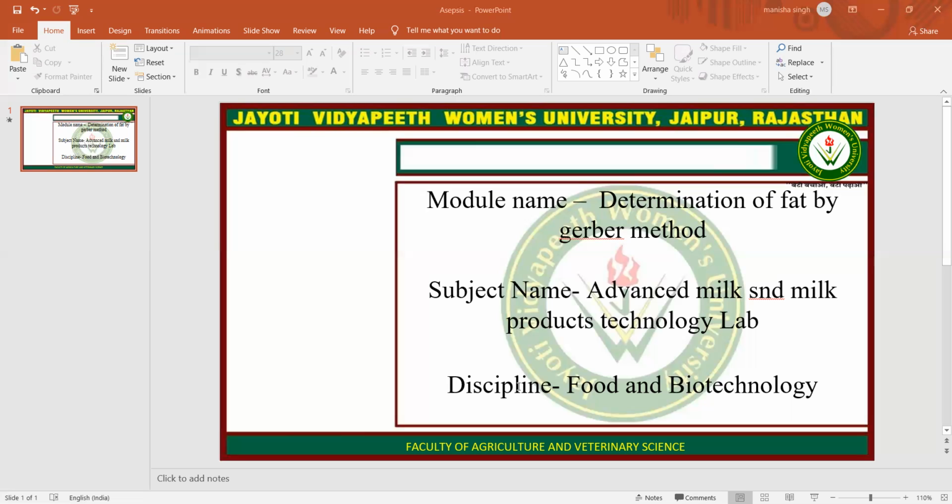Fat testing is often carried out on composite or random samples in order to reduce the time and cost involved